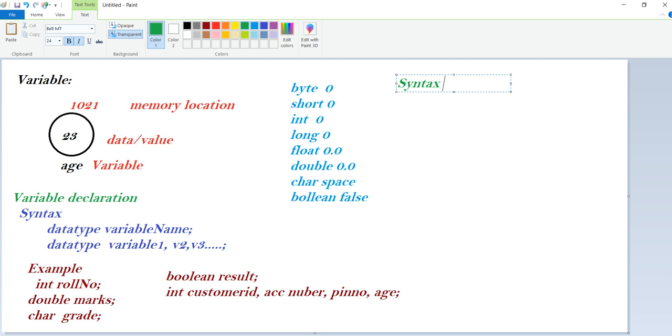But the syntax for declaring the value, how can we see it? Data type, same as above, then variable name equal to value. Like this we can define.